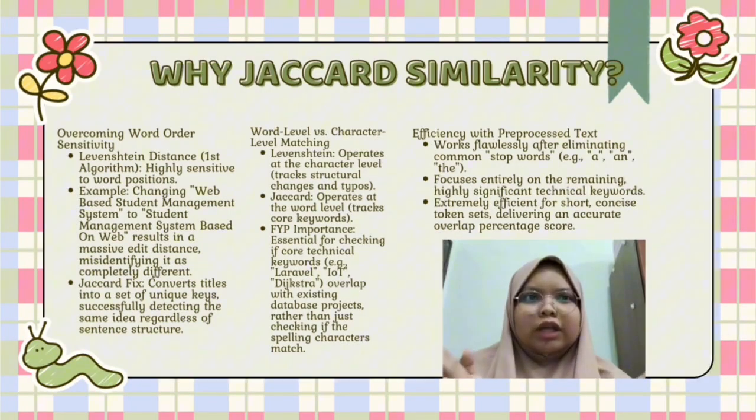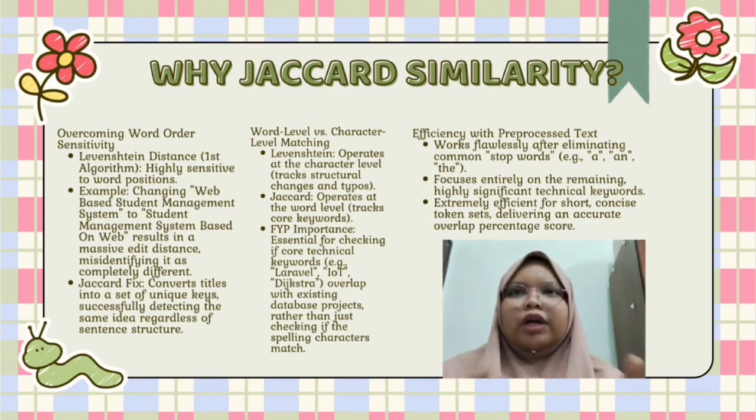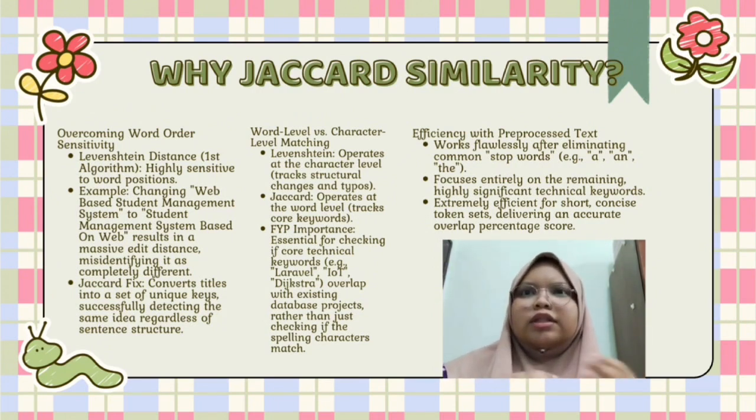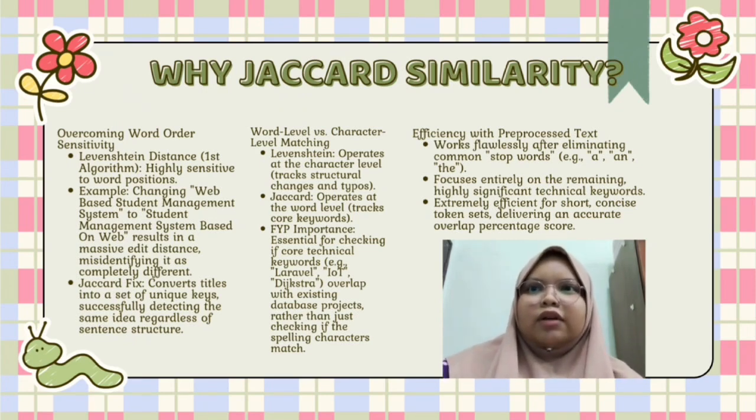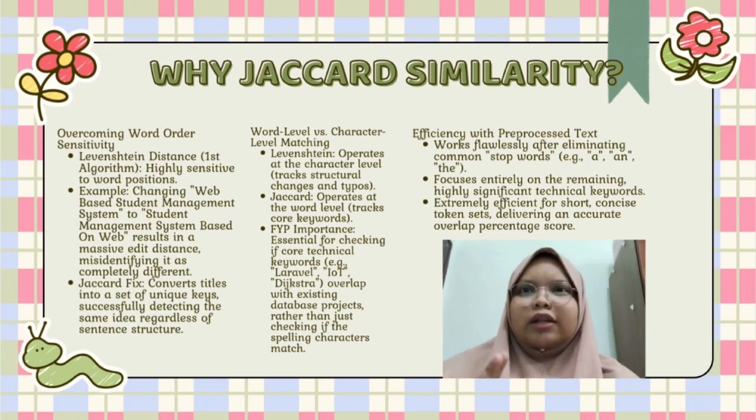So why do we choose Jaccard similarity? To overcome word order sensitivity, we leverage term distance. The first algorithm is highly sensitive to word position. For example, changing "web-based student management system" to "student management system based on web" results in a massive edit distance, misidentifying it as completely different. Jaccard fixes this and converts the title into a set of unique keys and successfully detects the same idea